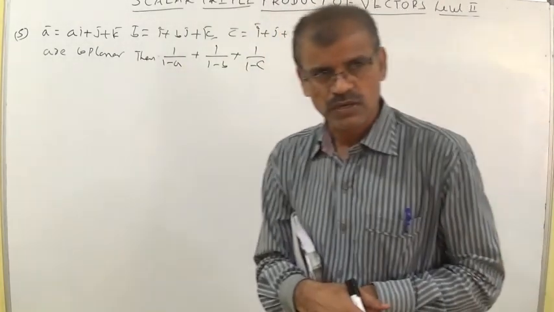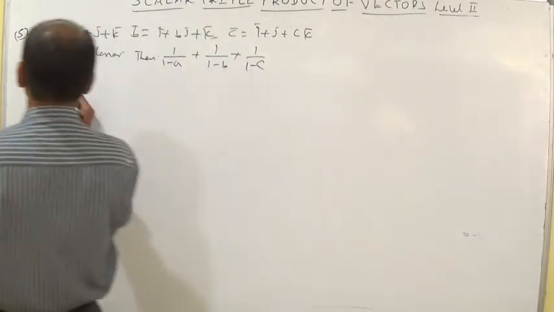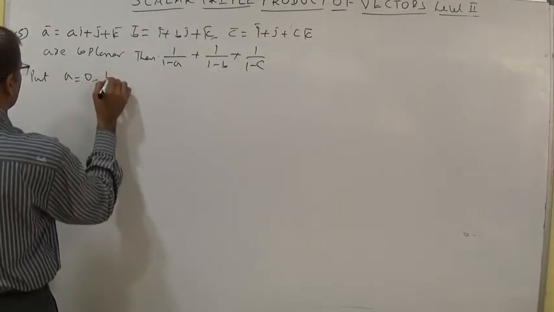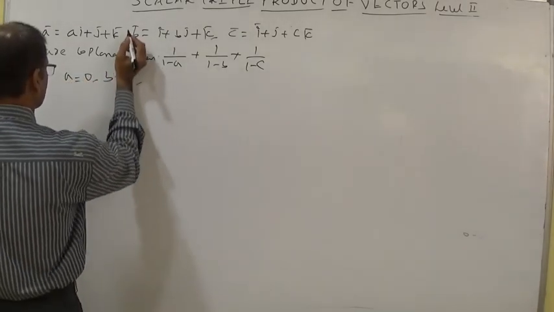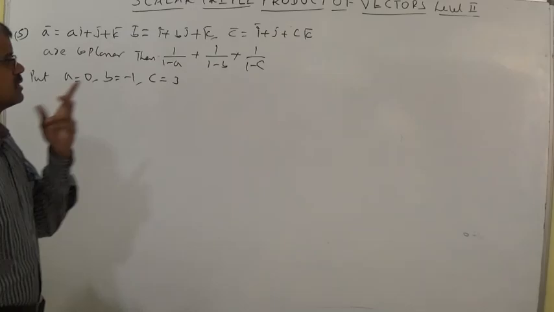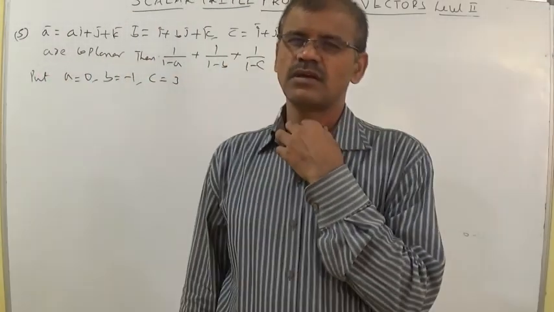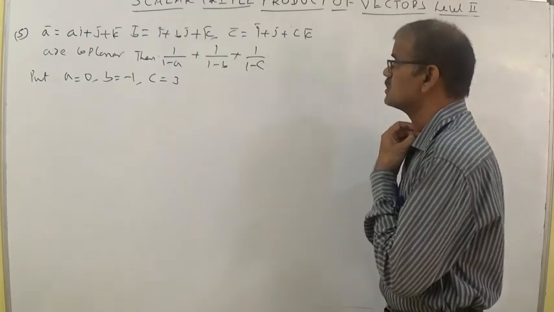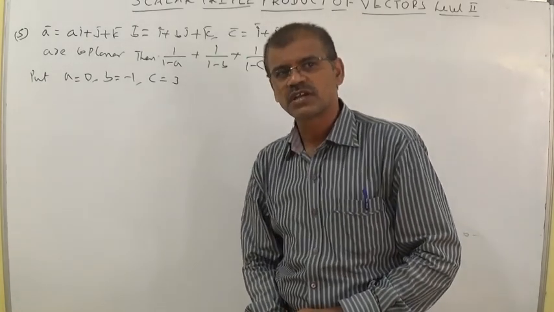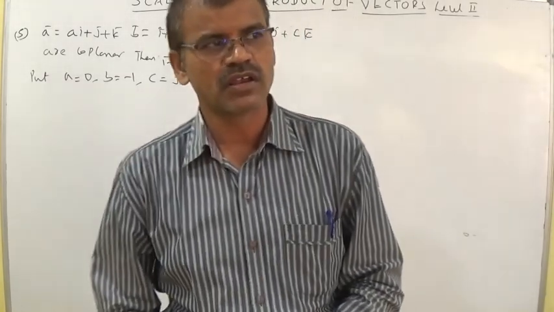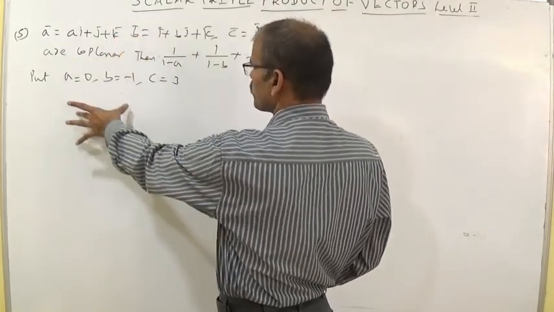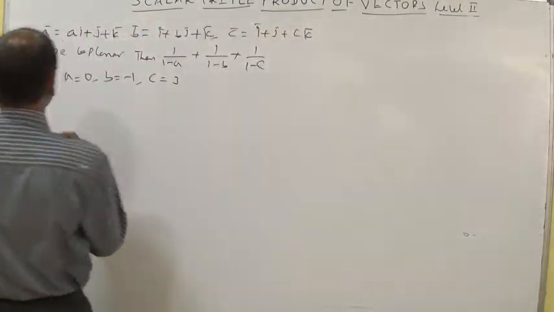In Deepthi, Singh's book, Arihant and wherever you search, you can find this question. This is a so lengthy question, so you should use a shortcut. The shortcut is, put A is equal to 0 and B is equal to minus 1, C is equal to 3. Using determinants is lengthy, you can use a hint or see Deepthi or Arihant books. With these values the vectors will be coplanar.